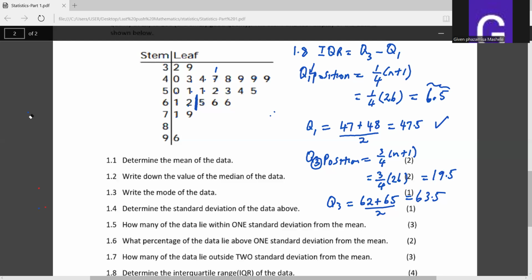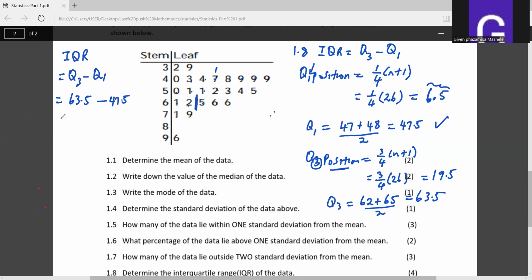Right, let's now calculate the IQR, which is just quartile 3 minus quartile 1. What is quartile 3? Quartile 3 is 63.5. You must write this. You must show that this is a position, because if you don't just write the position, you think that this is the quartile. Right, then quartile 1 is